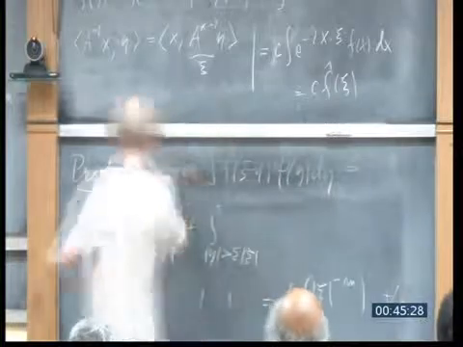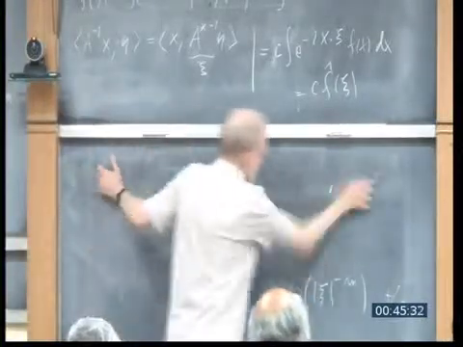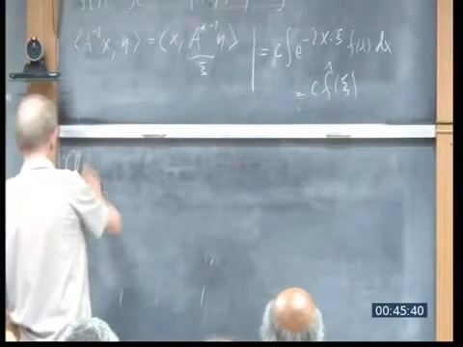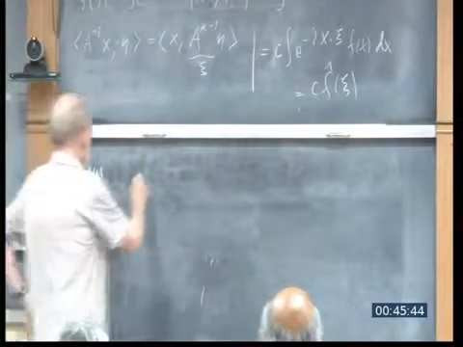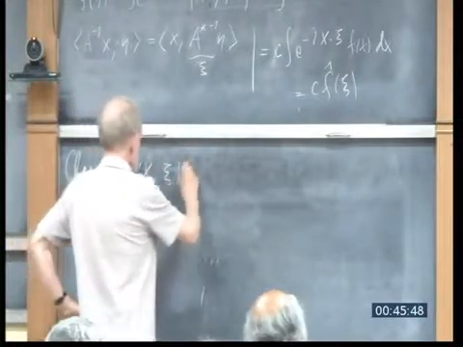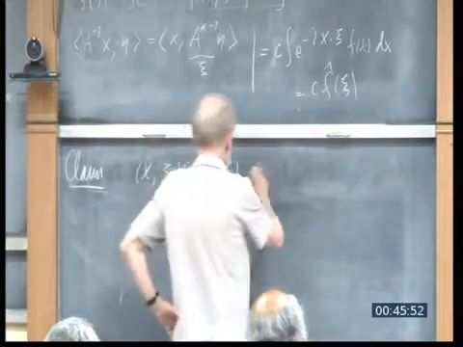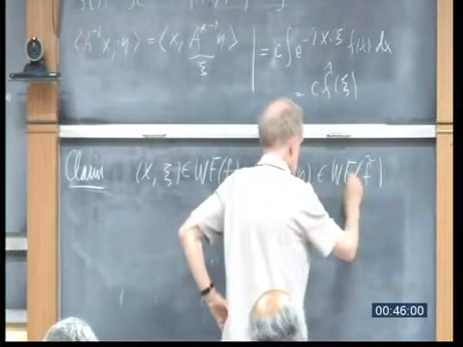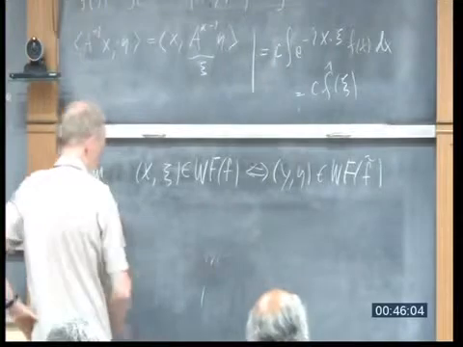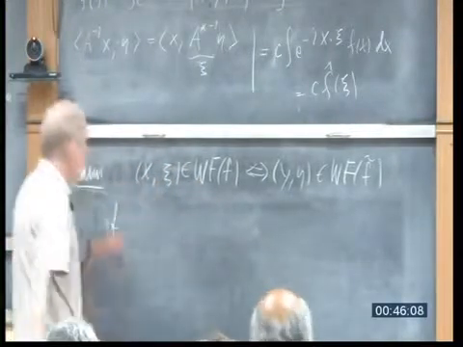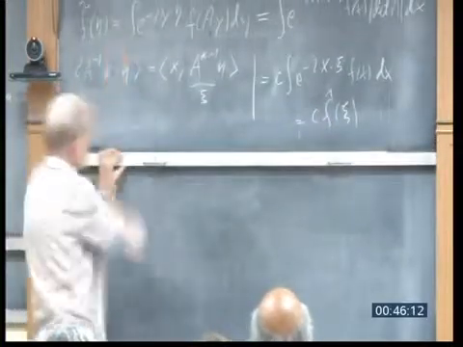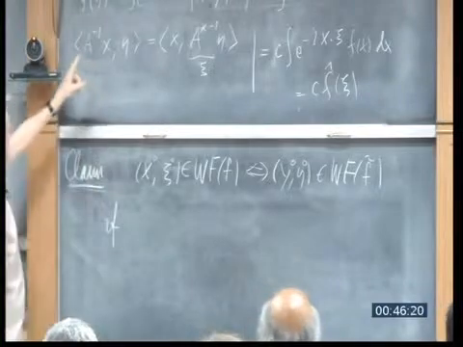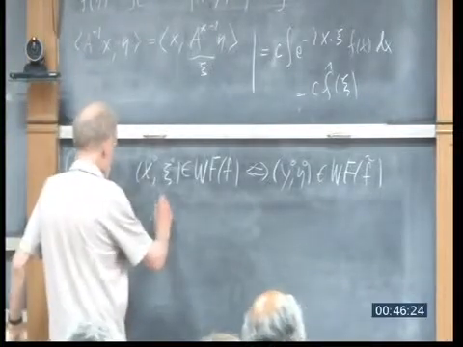My claim is that, of course, I can't do every detail, (x, ξ) in the wavefront set of f is equivalent to (y, η) in the wavefront set of f tilde if, first of all, obviously A maps